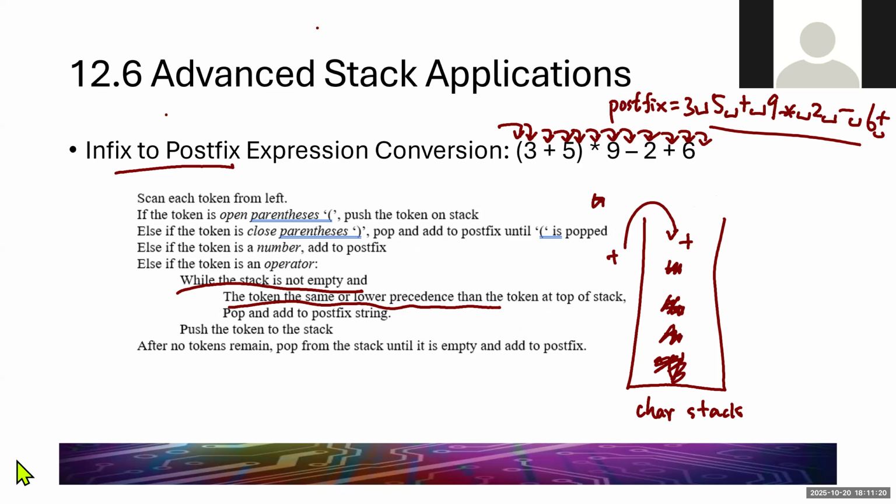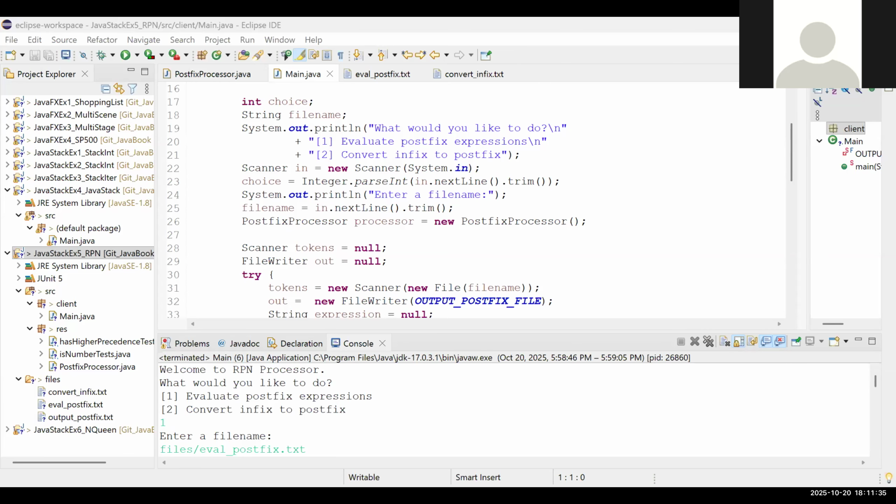Okay, and after we understand the algorithm, let's take a look at the coding. Okay, and so in our example, this is the Java stack example for RPN. Okay, so in this example,